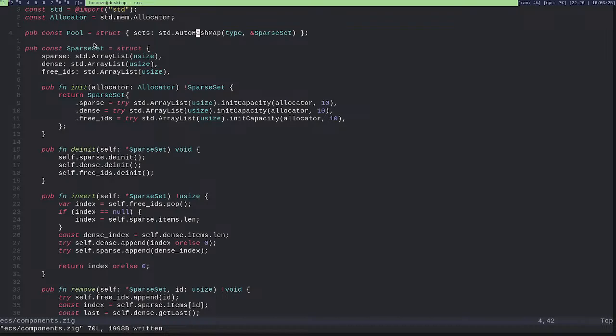Just like this. Well, technically I could just have directly a sparse set, not necessarily.